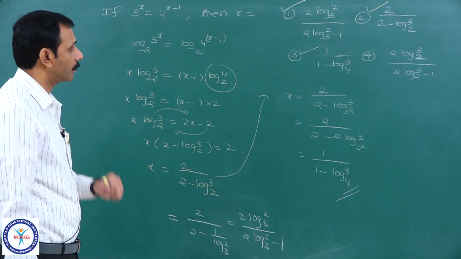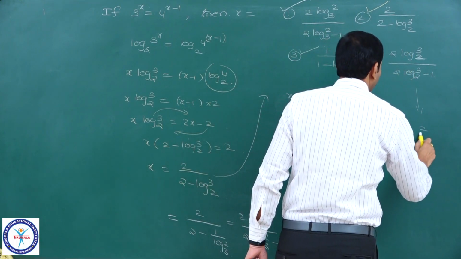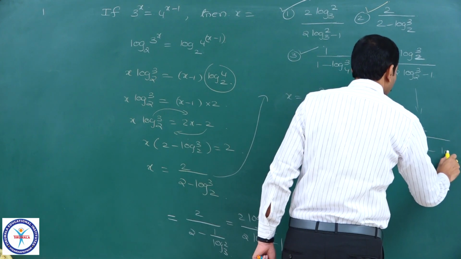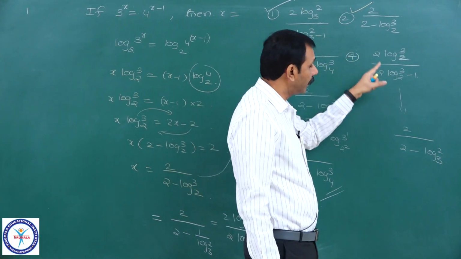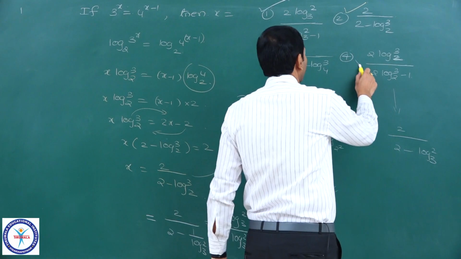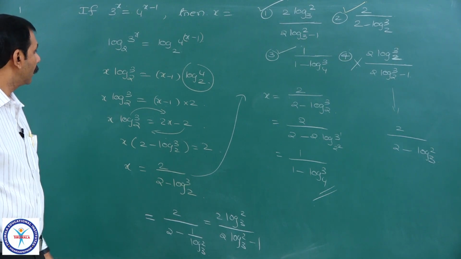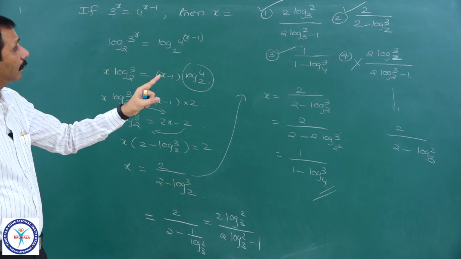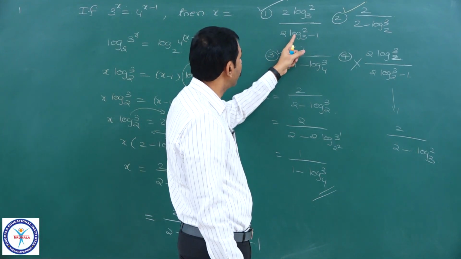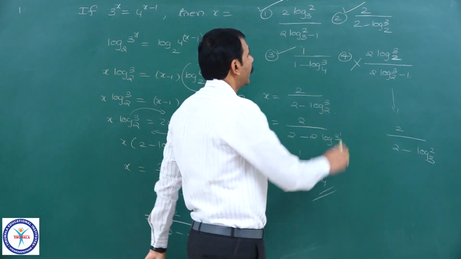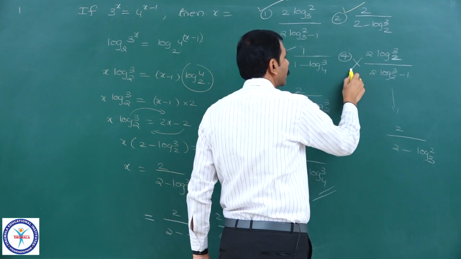Now the fourth, you see, if you divide it by log 3 to the base 2, it is 2 by 2 minus log 2 to the base 3. That value is 2 by 2 minus log 3 to the base 2. It is not log 2 to the base 3. Therefore, this is wrong. First, second and third options are correct. Simple one only, but you need to check other options because it is in the form log 3 to the base 2, log 2 to the base 3 is there and log 3 to the base 4 is there. Because it is 2 by 2 minus log 2 to the base 3, it is wrong. Therefore, I can reject this option.